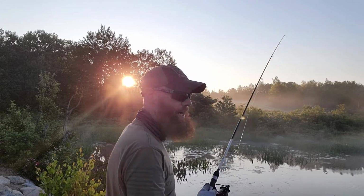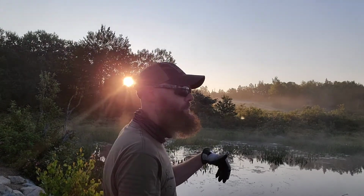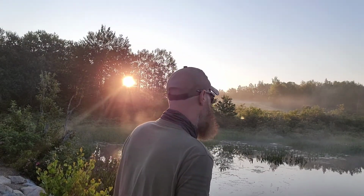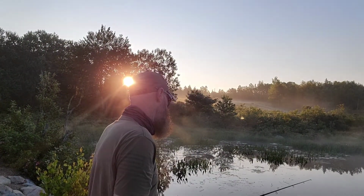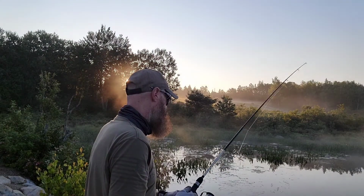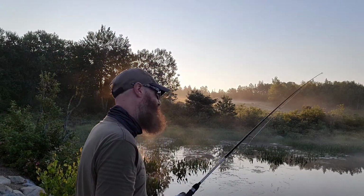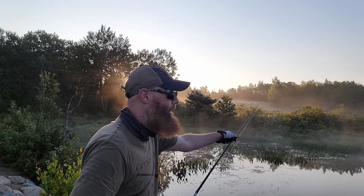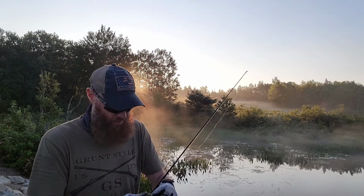Had a difficult time deciding where I wanted to fish this morning. I wasn't going to come to this spot. I was going to go somewhere else, but this spot is easily accessible and therefore a lot of people fish here. But honestly, that was the reason I chose here today. I hate to say that I was lazy, but I just didn't really want to have to get up this morning and